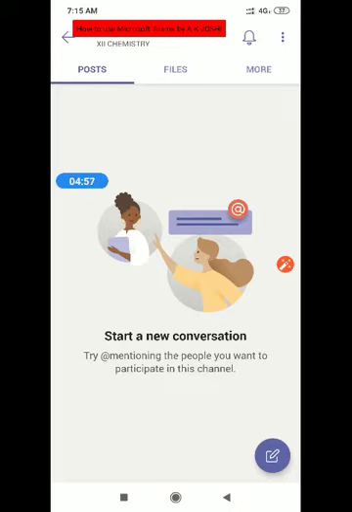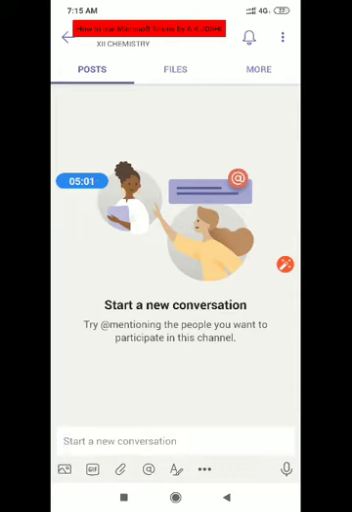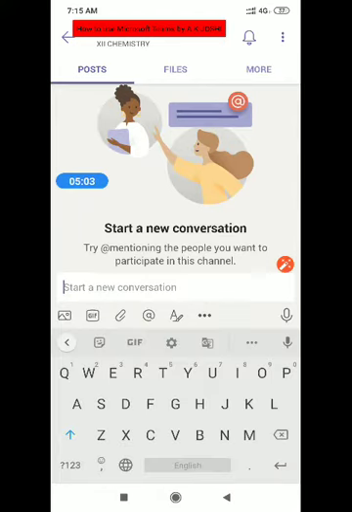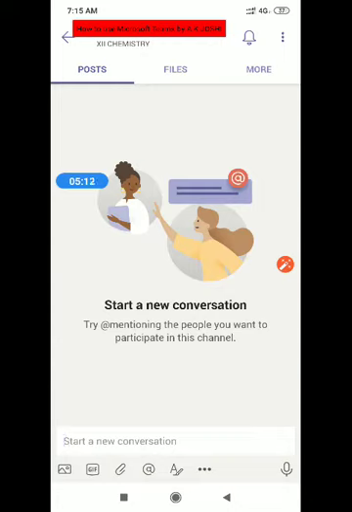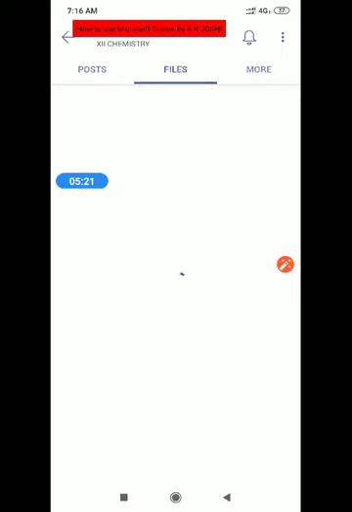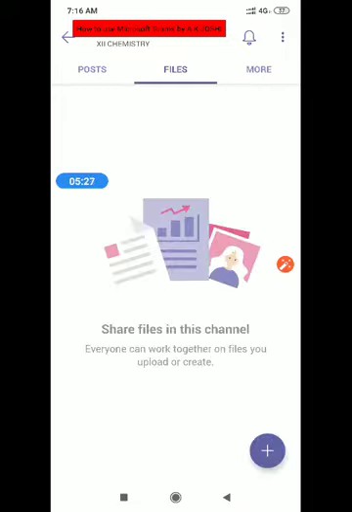In the Posts tab, you can click here. Then you can start a conversation with all your team members. You can send messages, images, videos, recorded videos, whatever you want to converse. Like WhatsApp, you can communicate with all of these. Any files you can send, JPG, PDF, anything. All the files that you have uploaded also go in this Files folder. So students can access the same thing that we are accessing here.